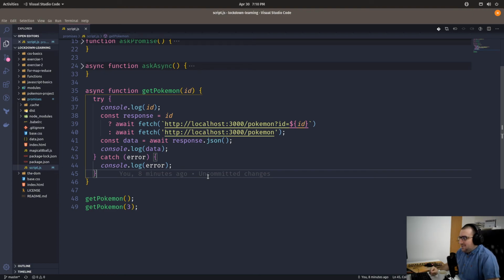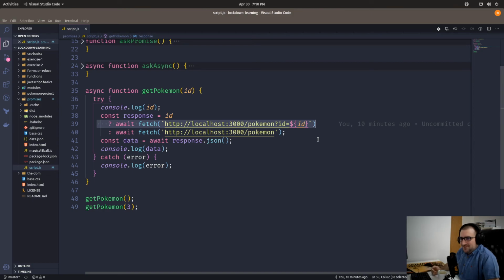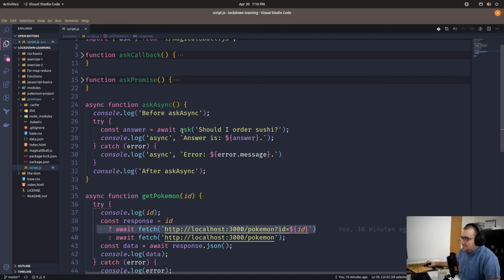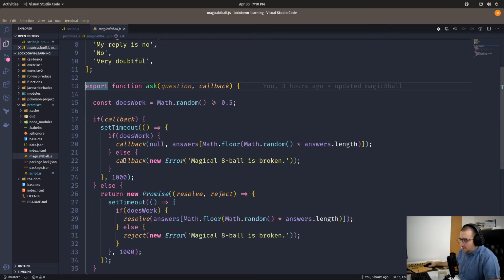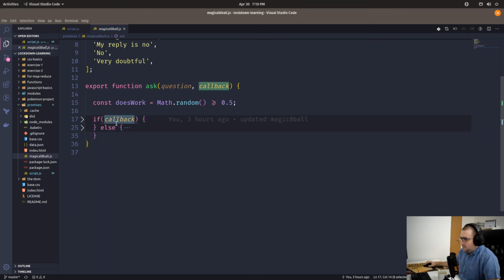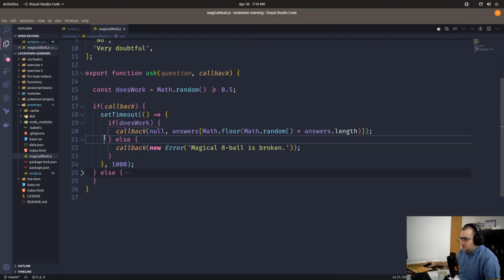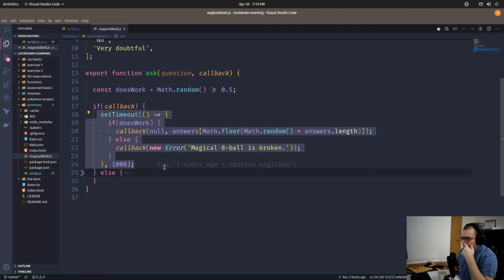There is not really a great way of talking about asynchronous functions, except here is a fetch, and you can get some data from it. That's why I wanted to create ask, just because you can use callbacks in this function here. If we open it, you will see this ask has two different parts. You can see callback here. If you pass a callback, it will just do something like this. The setTimeout is just an artificial 1000 milliseconds injected before this continues to be